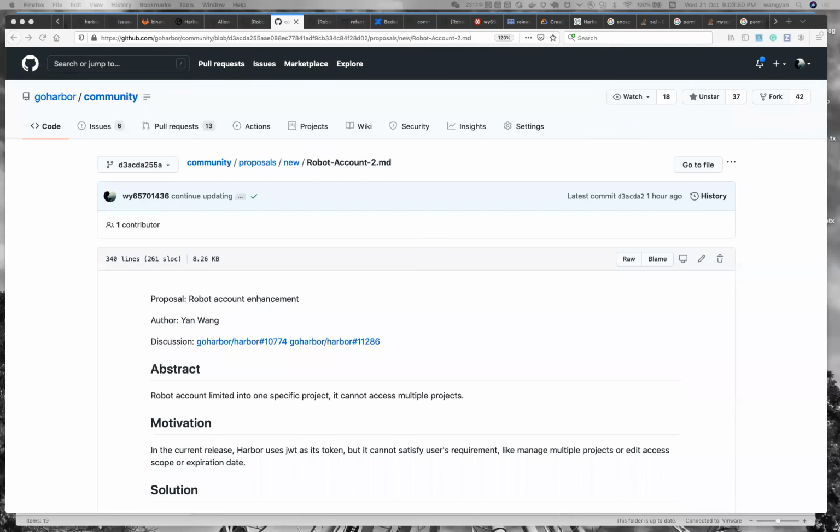Okay, thanks, Alex. Let me share my screen. Yeah, in Harbor 2.2, we want to do an enhancement about the robot account. So today, let me give you a brief introduction about that. Why do we want to have an enhancement about the robot account? The requirements are from the community. The key feedbacks are